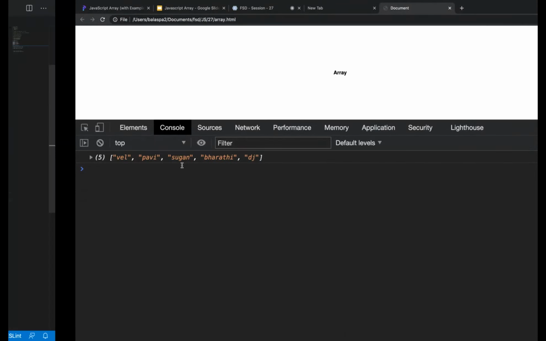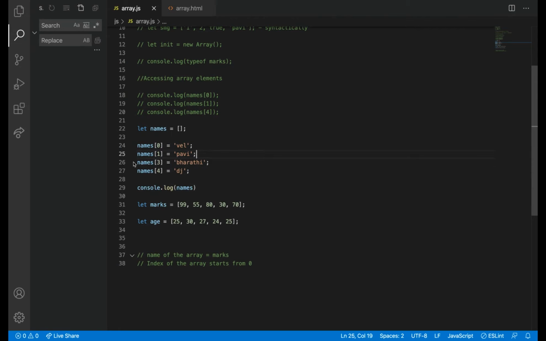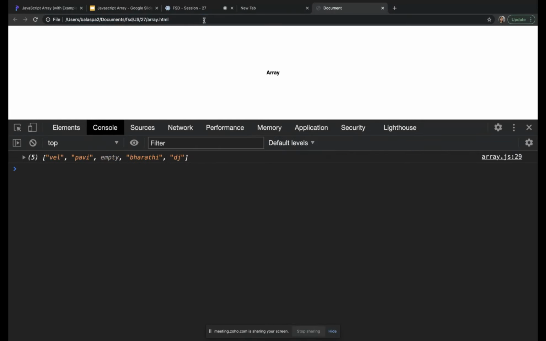Vel, Pavi, Sugan, Bharti, DJ. So it came in this order. What I wanted to say is, I'm removing this. So it is empty. The value of 2 is empty here.